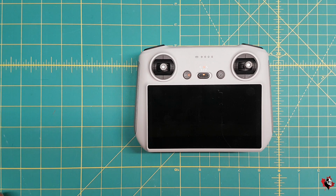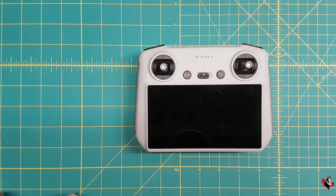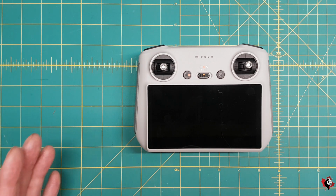If you don't put the SD card in, a warning message will pop up, and I'll show you here, that tells you that you don't have an SD card in, and it's going to be using internal memory to store cache files. But you can't store screenshots or screen recordings. You have to have an SD card. Once you have your SD card in there, and you don't need a fast one, and you've recorded some stuff and it's on the SD card, now you want to